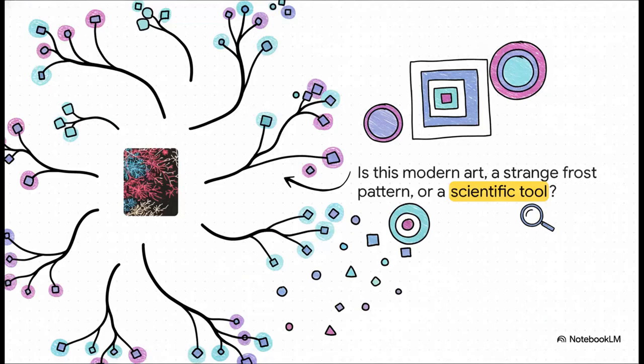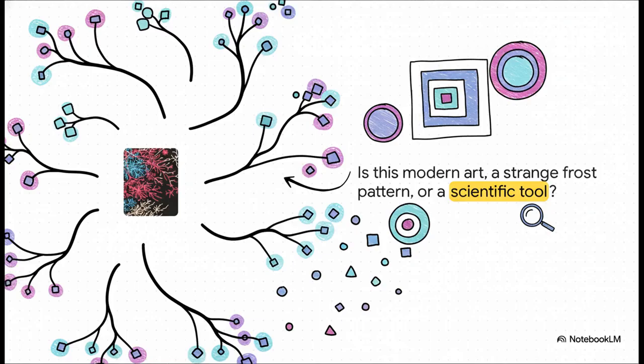So take a look at this. At first glance, what do you see? Maybe a piece of modern art, or, I don't know, a weird frost pattern on a window? It's beautiful, right? It's complex, it looks almost alive. But what we're actually looking at is a map of gene expression data. It's a scientific tool that takes a messy, overwhelming amount of information and turns it into a picture that we